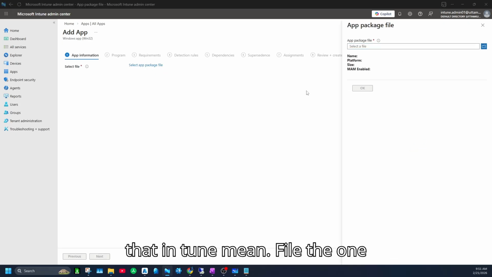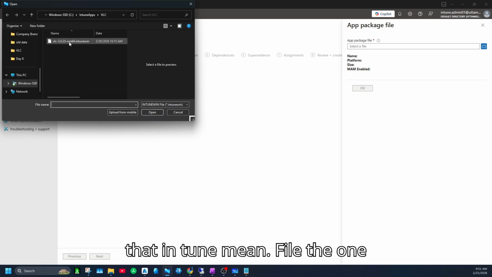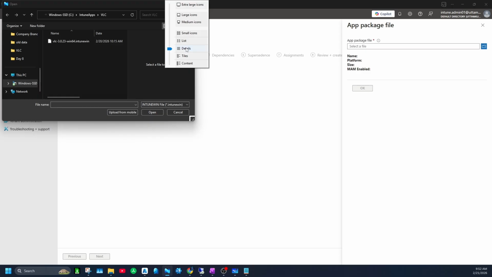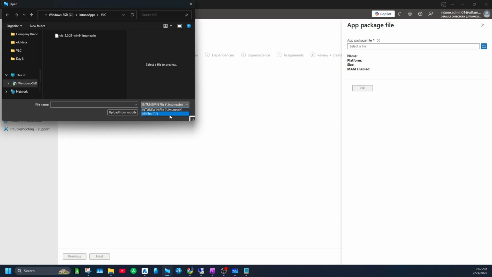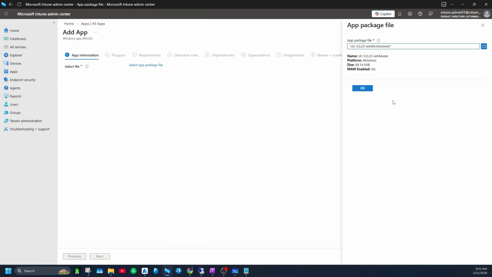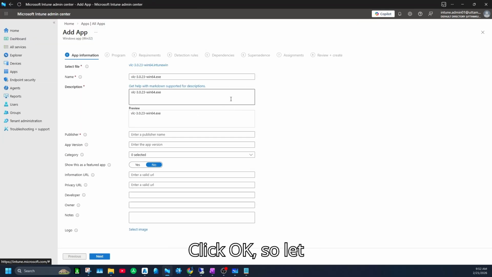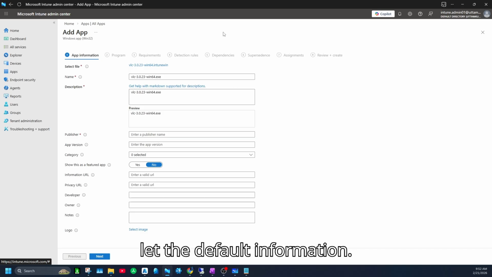Now we need to upload that Intune Win file, the one that we just created. Yeah, this is the file. Click OK. So let the default information